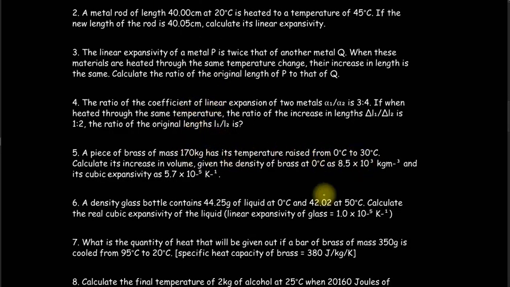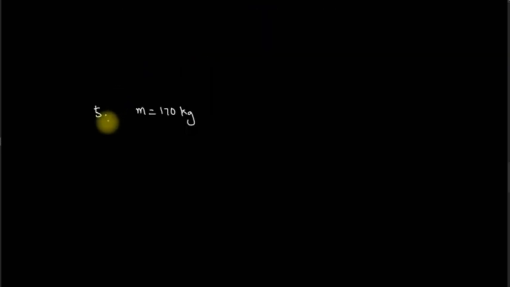Temperature is 30. 30 minus 0 is 30. So calculate its increase in volume, calculating its change in volume. So that's delta V, right? So we're looking for delta V. Given that density, we can write our change in temperature as 30, our change in volume, which we are looking for,